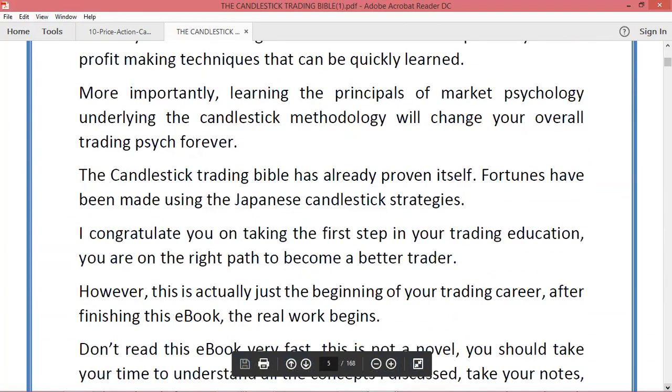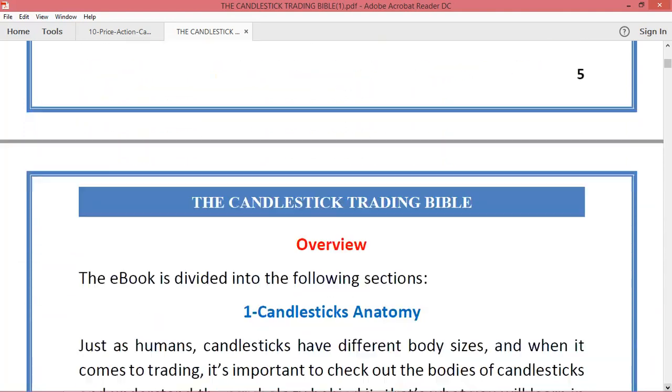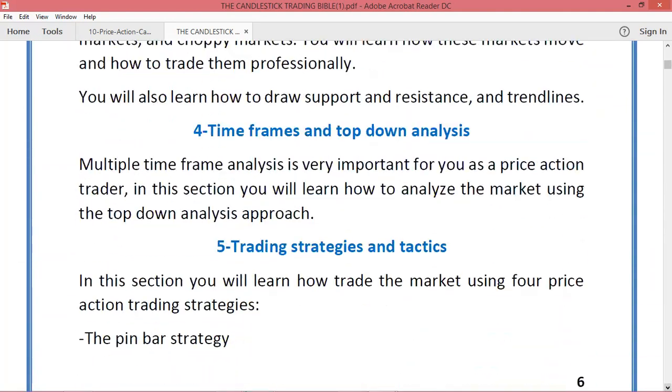So you can read everything here yourself. Let me go to where the main deal is. So, okay,